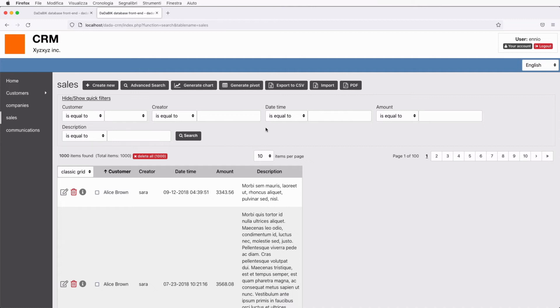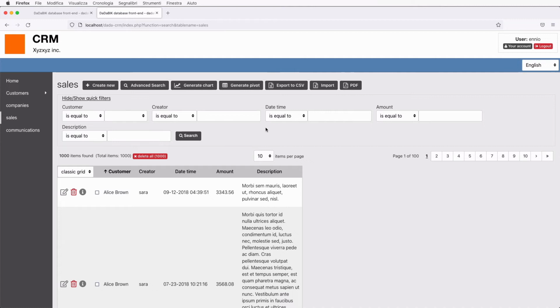And you have several hooks in Databeak for each table. For example, you can say, after the insertion of a record in the customers table, execute this code. Or before the deletion of a sale, execute this other function, something like that.